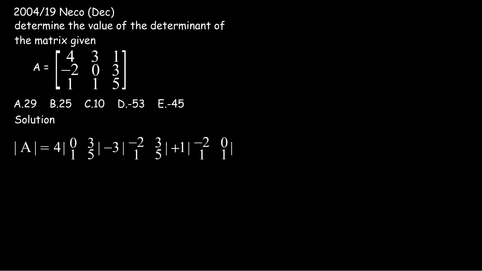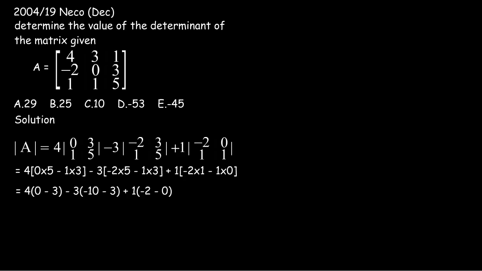Then we are going to be simplifying the smaller matrix as we normally do for 2 by 2 matrix. So it will be equals to 4 in brackets 0 times 5 minus 1 times 3, minus 3 in brackets minus 2 times 5 minus 1 times 3, plus 1 in brackets minus 2 times 1 minus 1 times 0. Simplifying this further, to be equals to 4 in brackets 0 minus 3, minus 3 in brackets minus 10 minus